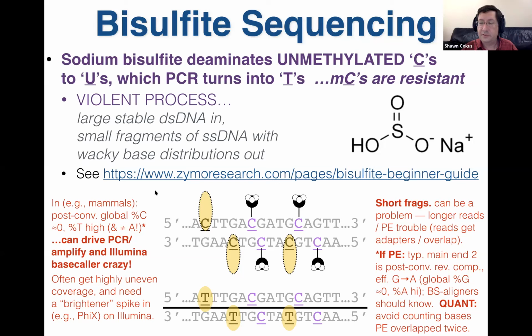Short fragments can be a problem. As I said, bisulfite conversion is pretty violent. The fragments that you get out of a BS library prep protocol can be pretty short, really short, if things don't go well. That means that longer read lengths may not actually help you, because if your inserts are so short that your sequencing platform is trying to read beyond them,